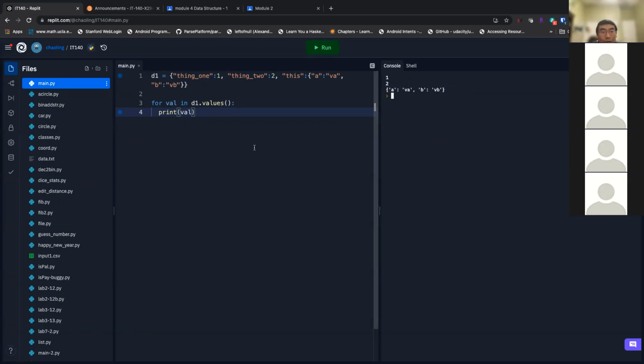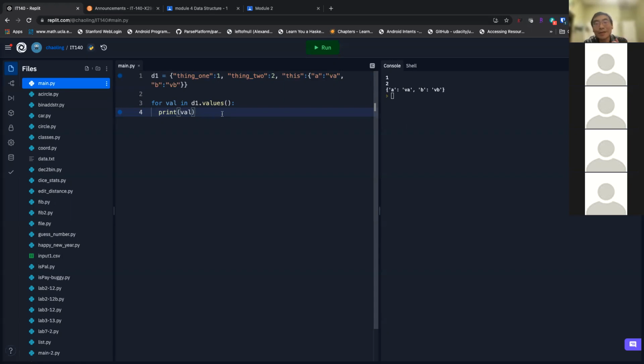Is there a way I could execute a function which is stored in a dictionary? Very good question. We haven't talked about functions in Python yet. A function in Python is actually a first class citizen, meaning that you can pass it as a parameter itself. Higher order functions are part of the functional programming paradigm that we want to talk about in this class. So yes, you can pass a function name around.